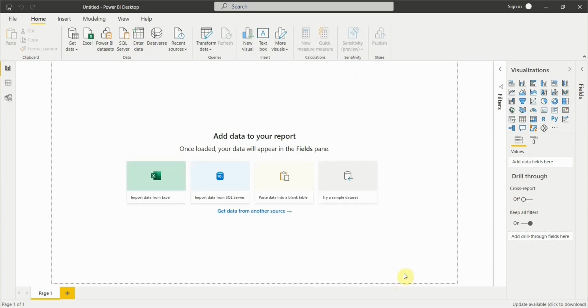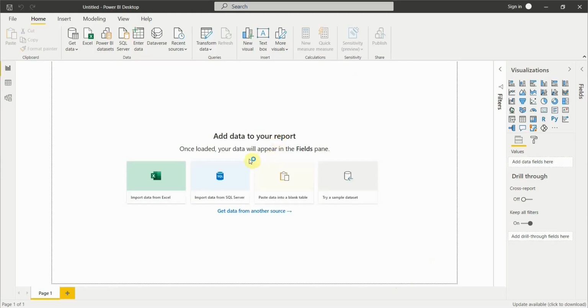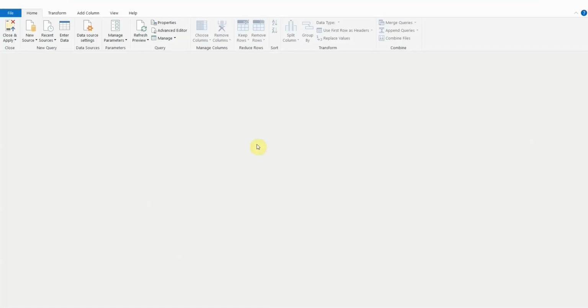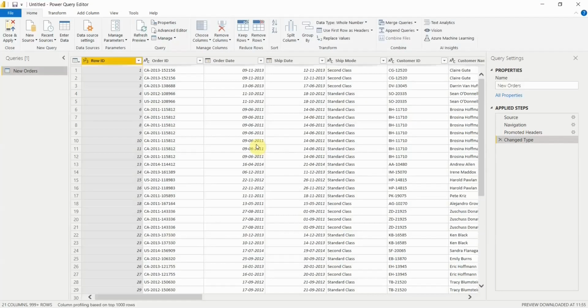Once I click on transform data, it will show an option which says processing queries, and once that processing is done, it will open a Power Query editor for you to work with the data set that you have uploaded. Okay, so if you see, this page has been opened, which is known as Power Query editor. Here you can make changes in your data,